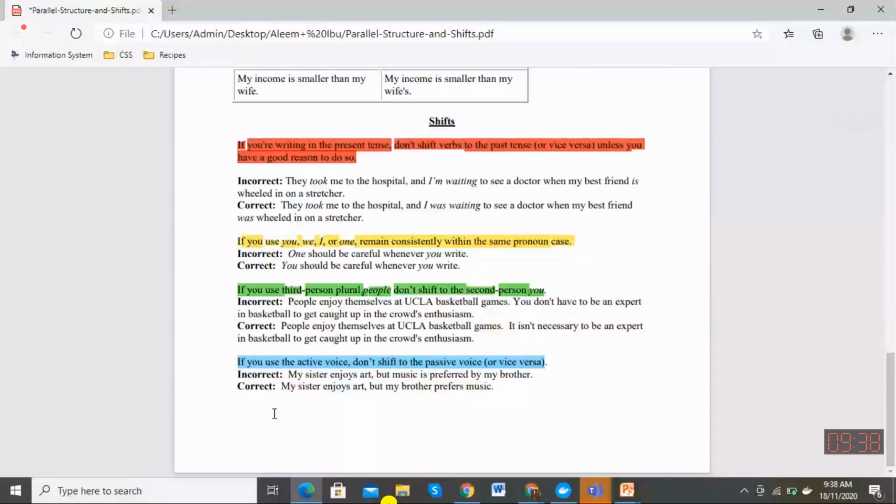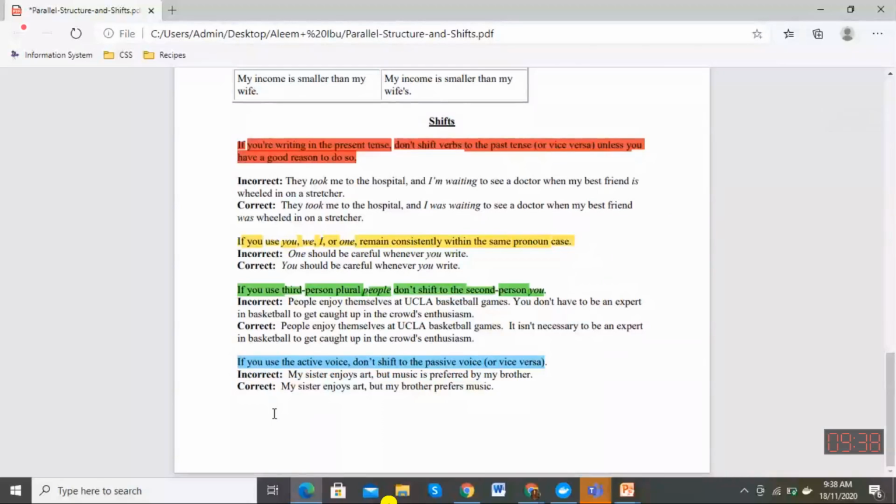If you use the active voice, do not shift to the passive voice. For instance, "My sister arts, enjoy art, but music is preferred by my brother." "My sister enjoys arts, but my brother prefers music." So आपने पहले sentence में active और passive दोनों use किए हैं. In the correct sentence, you have used only active voice. Is that clear? So आपने shifts में भी देखना है कि you